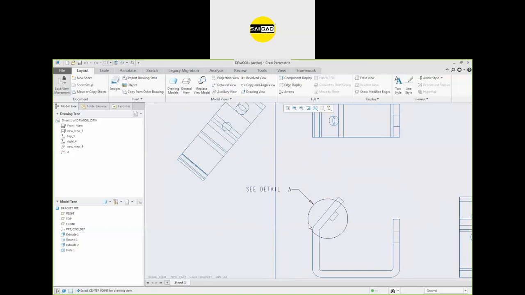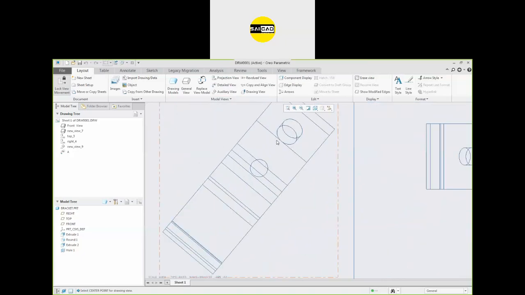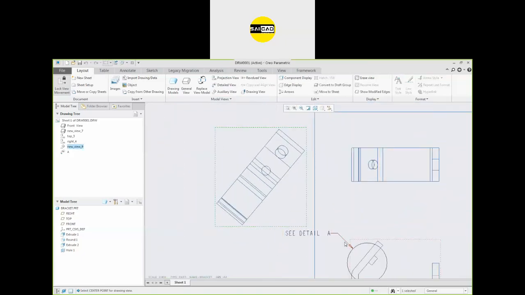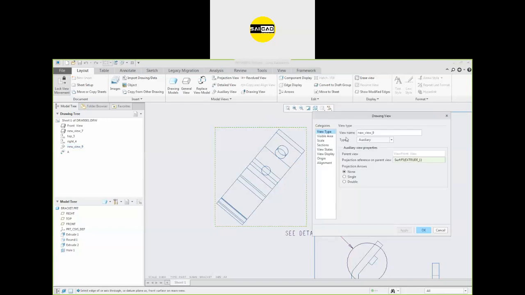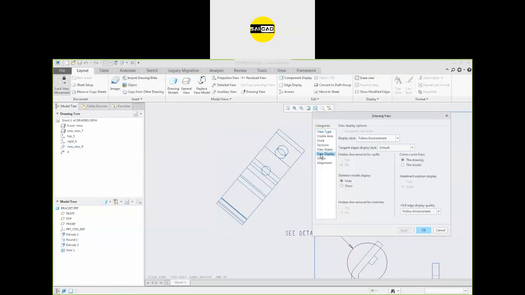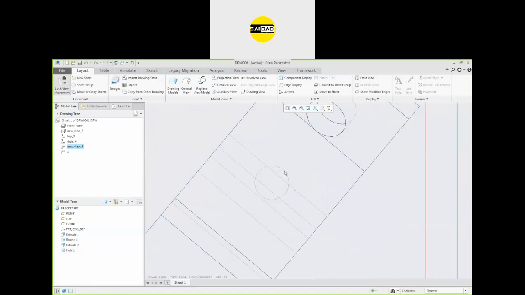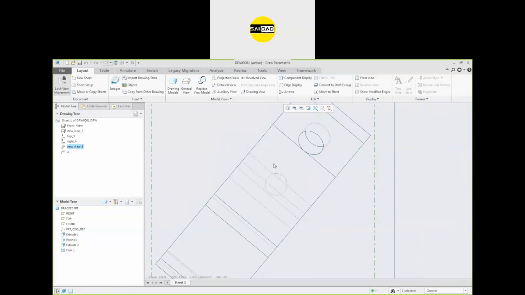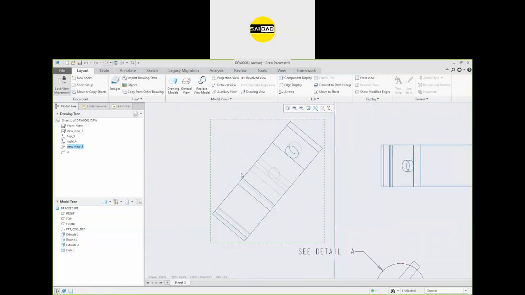I want to show the circle properly, so here you can see we have the shape from this view, and if I double click, go to the view display and use the hidden type, you can see we have the circle here. Now you can show its size in this view.